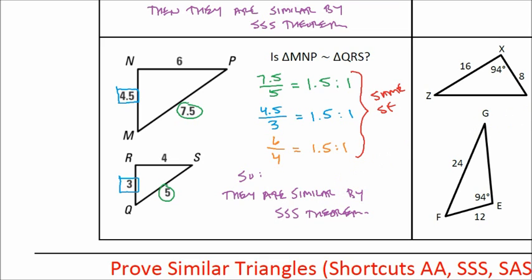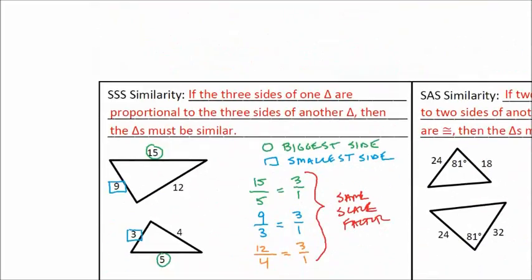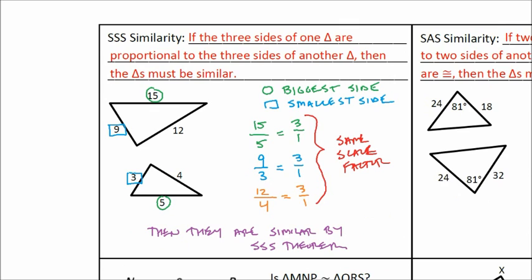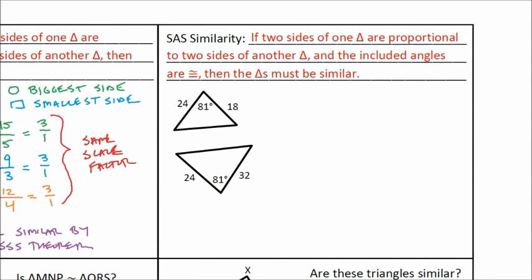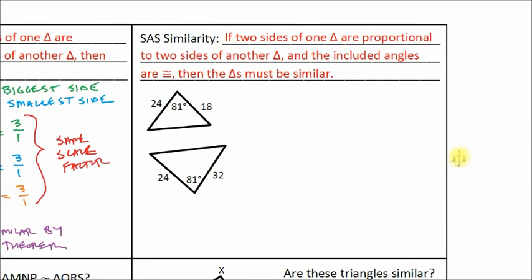So there's proof of similarity by comparing the three sides of two triangles. All right, let's take a look at the next one. We can also use the SAS similarity theorem. And SAS, that matches our congruence one as well. We had an SAS congruence theorem as well. And it's the same kind of a